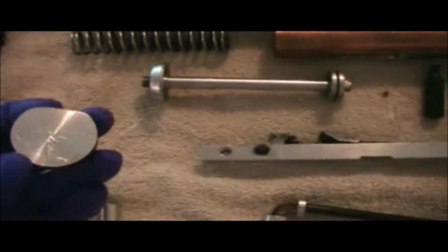This is just an end cap for this tube right here. See how it's like a flat side. What else? Guess we'll move on to the